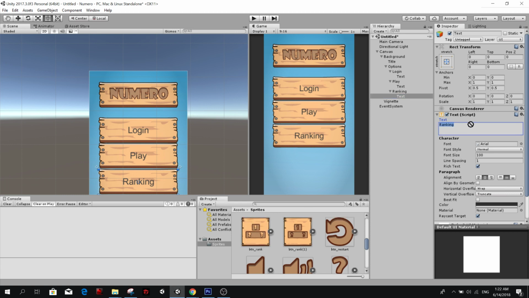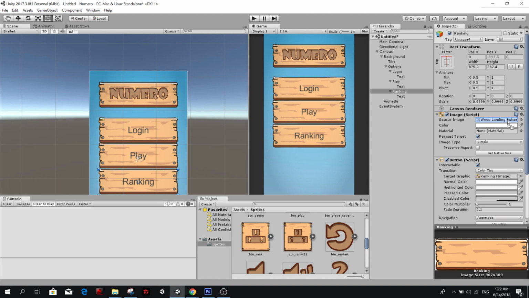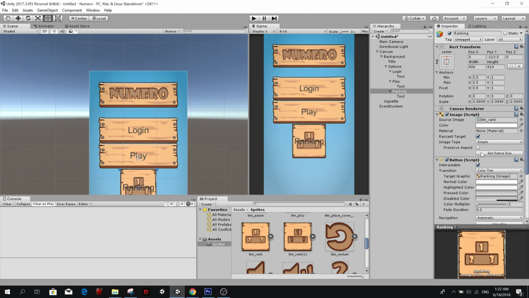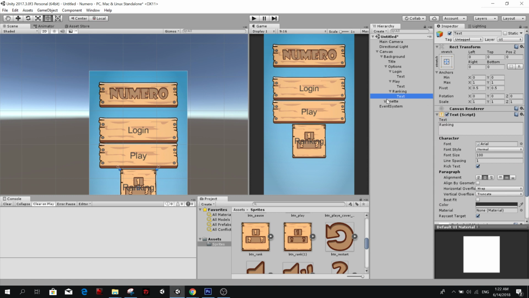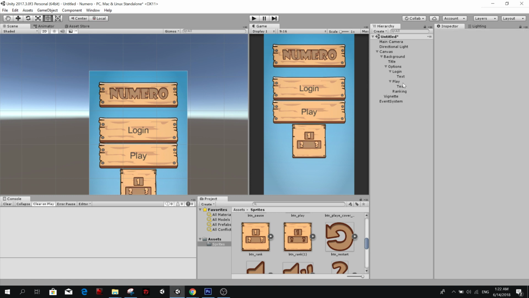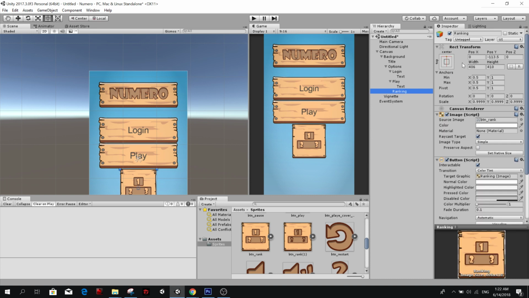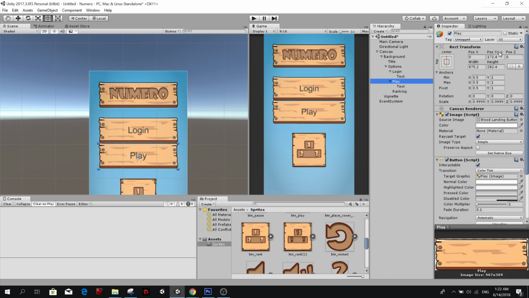So ranking could be this. Set native size. And then we don't need the text. Screw you text. So ranking, we could have it like here. Something like that. Alright. So this is our landing.